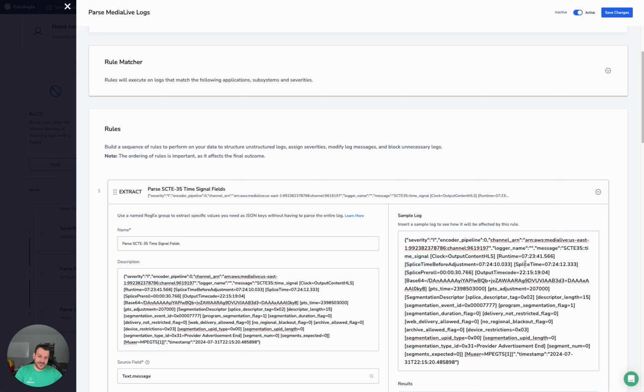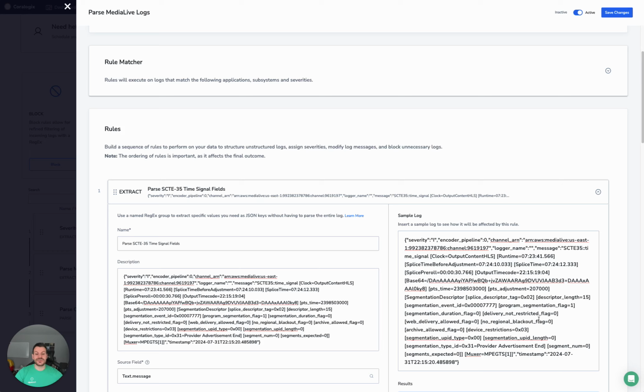So the marker itself can actually have many different details around description tags, descriptor lengths. You can see some base 64 encoded values there, pointer adjustments, various different restrictions and limitations based on this particular SCTE that is actually processed and informs the processing options. However, in this form, it's not very accessible. So in any platform, this kind of key value component there, it's not the easiest thing in the world to